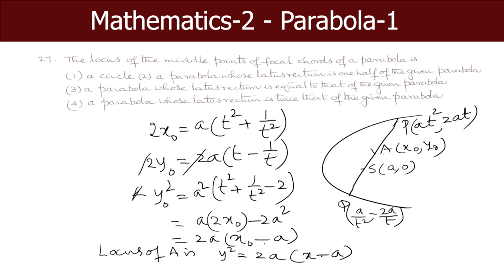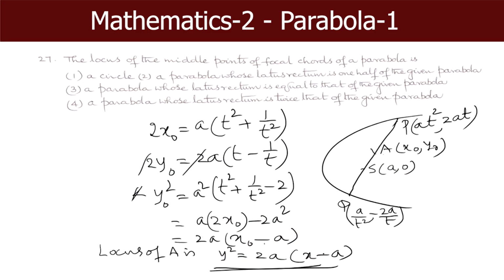Well, this is a parabola with the vertex at A comma 0, which is the focus of the parabola, and latus rectum is of length 2A, which is the same as the 1/2 of the latus rectum of the given parabola. The latus rectum of the given parabola is 4A. So, latus rectum of this parabola is 2A, that is 1/2 of the latus rectum of the given parabola. But focus is A0 for the given parabola, which is same as the vertex of this parabola. A parabola whose latus rectum is equal to 1/2 of the latus rectum of the given parabola, which is the